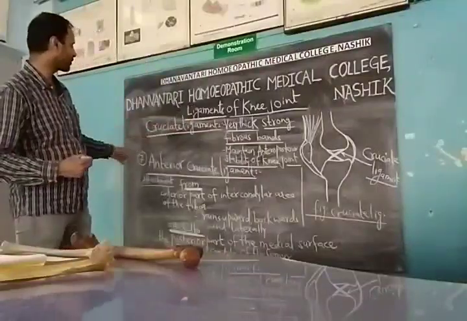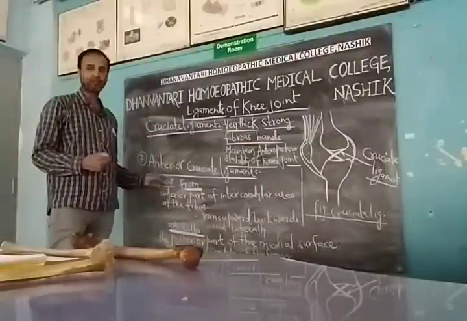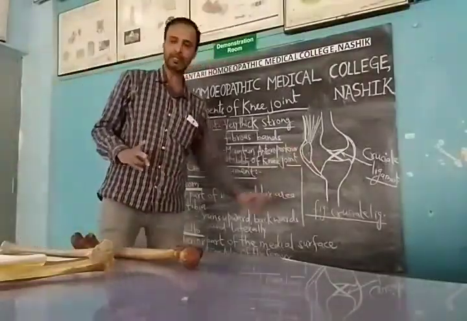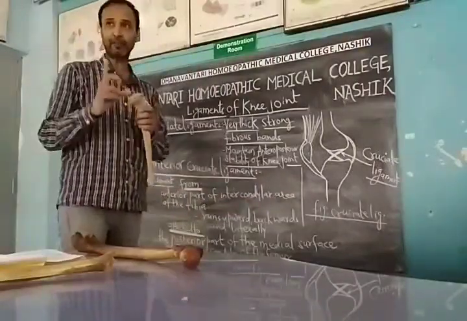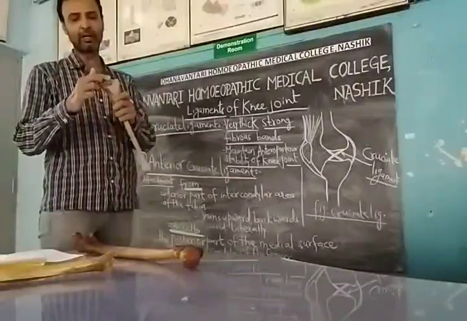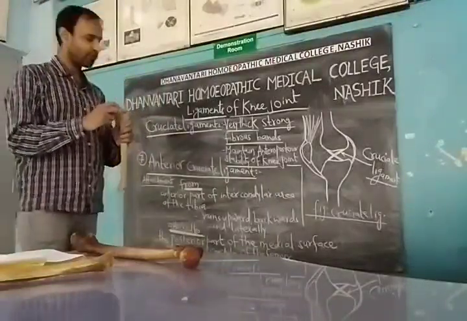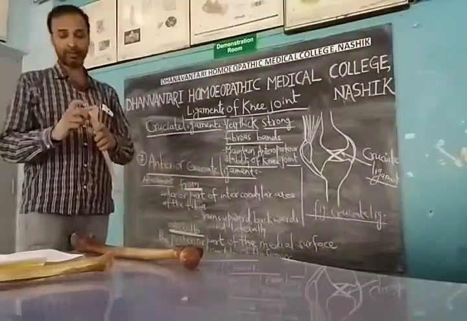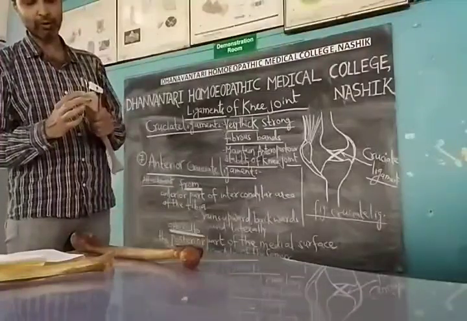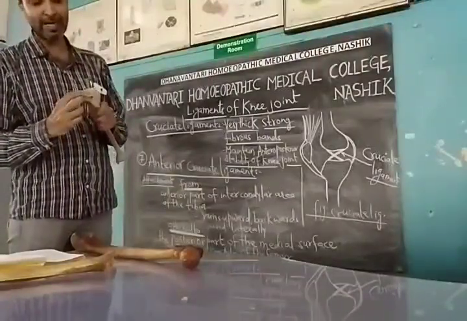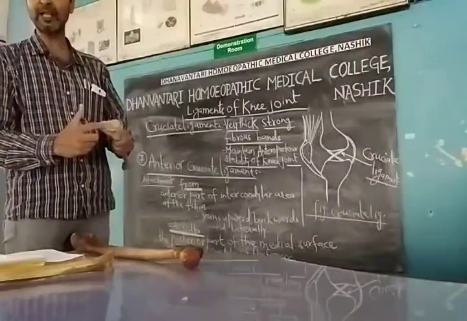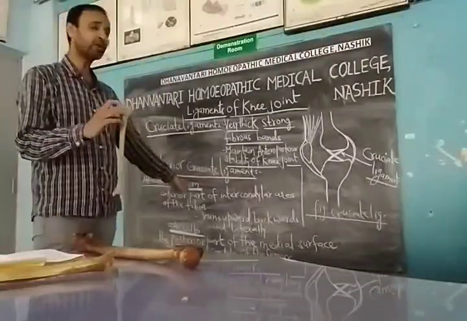Now here are two ligaments which we are going to learn. First is the anterior, the 7th number, the anterior cruciate ligament. We'll see its attachment. Two things you have to remember: it is from the intercondylar region of the tibia. It is attached from the anterior part. See this elevated part, the intercondylar elevation. One is the anterior and one is the posterior part. So from the anterior part of the intercondylar area of the tibia.